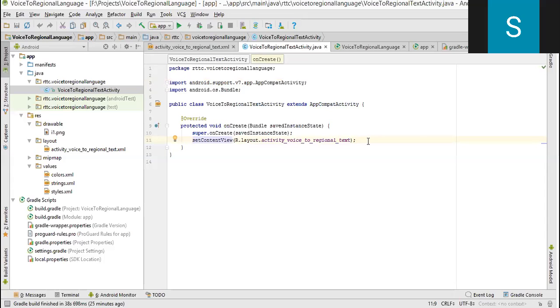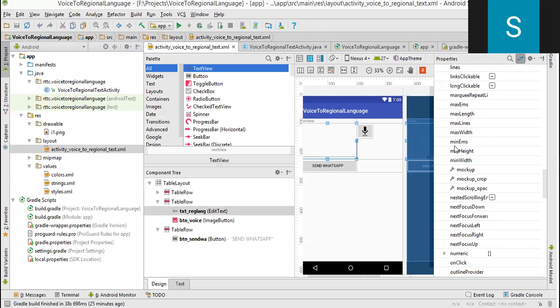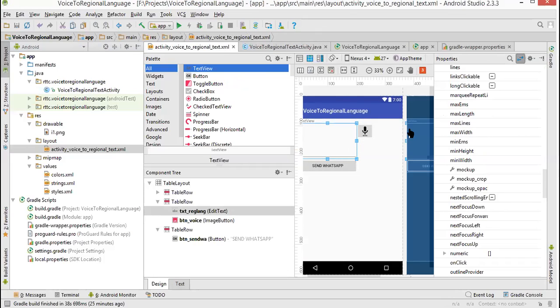So now, inside this setContentView, how many items are there in the XML file we have just created? What are those items? One is your multi-line EditText. What is the name of that?